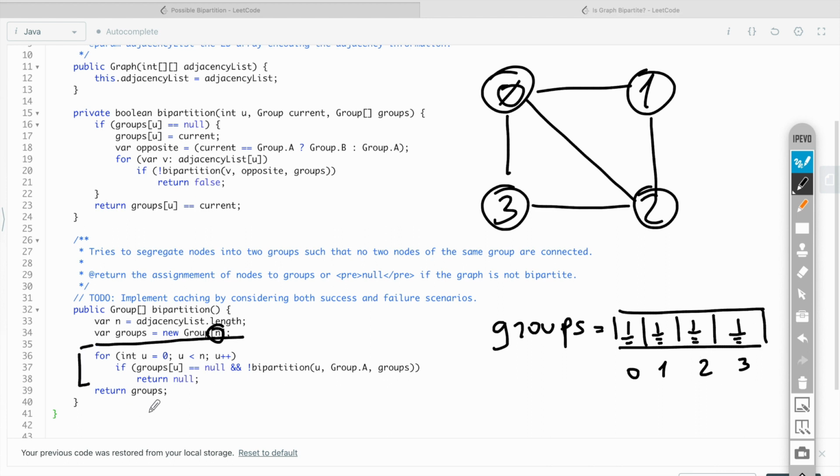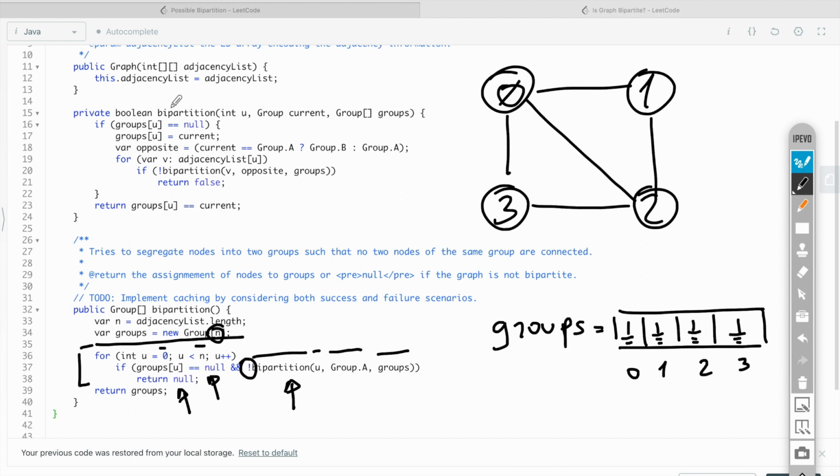Inside this main loop, we iterate over each node of a graph from node 0 up to n-1. And if the node hasn't been visited yet, which means that its assignment is still null, then we call the private method bpartition and test whether it's false. And if it's false, then it means that we cannot partition a graph and immediately return false. We pass the current node, the initial assignment to that node, which we always start as group A, and we pass this groups array.